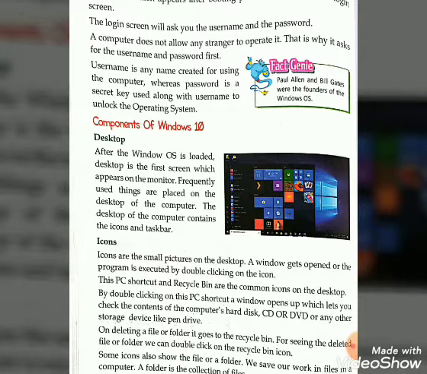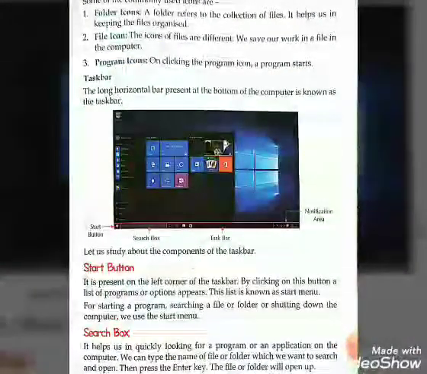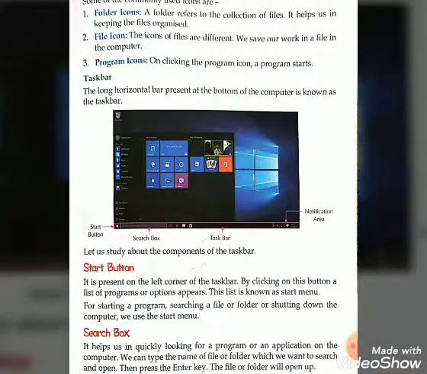Okay, now come to the next page, page number 28. Here we are going to discuss the commonly used icons. Some of the commonly used icons are folder icons, file icons, program icons. So first one is folder icons. What is a folder icon?